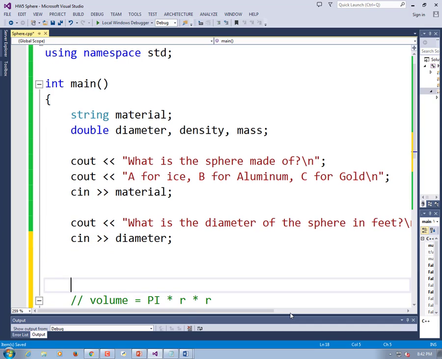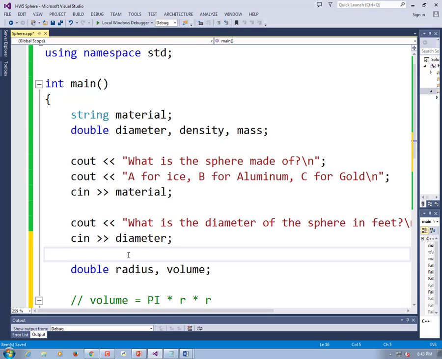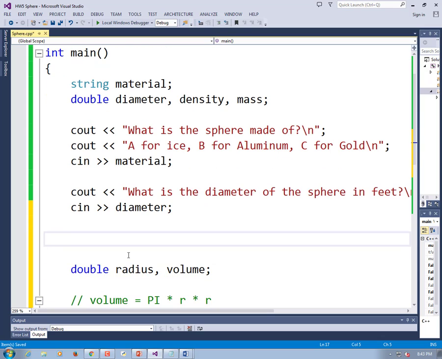So we know we need 2 more variables. We need one for radius and then one for volume. But we're not ready for that stuff yet because we don't know what the density is. And the density is going to be based on the material. So I'm going to kind of leave that double radius, double volume there, but instead I'm going to put up here,